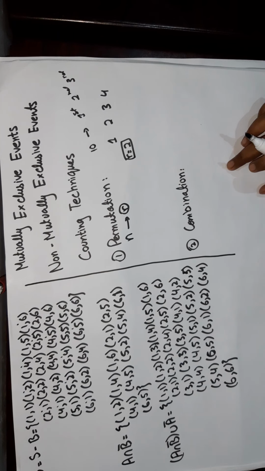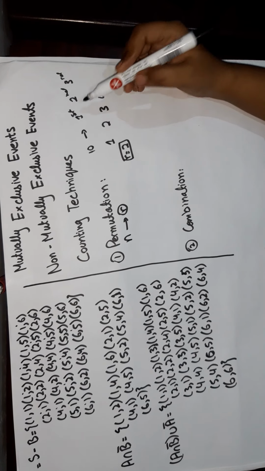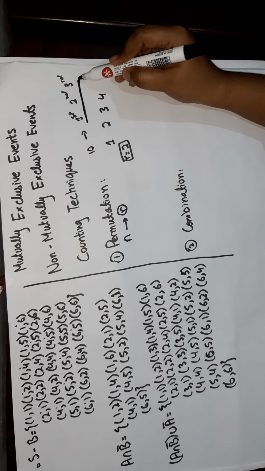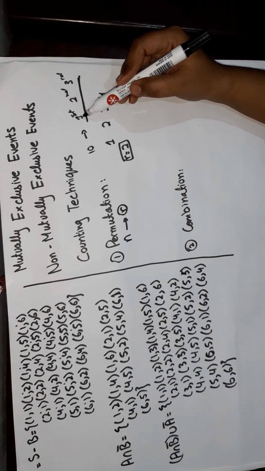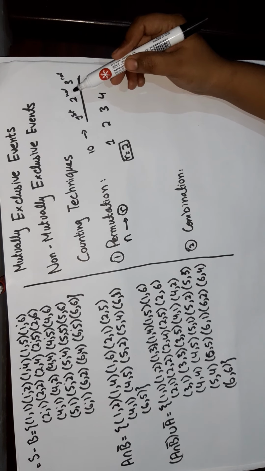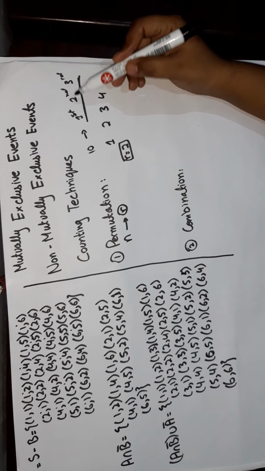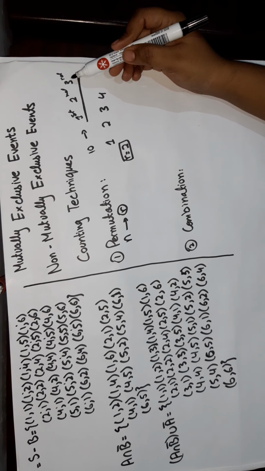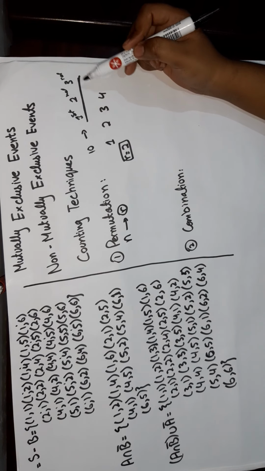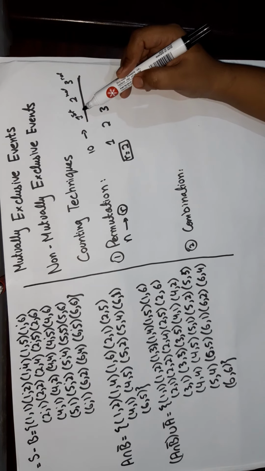Now in this example, position and order come in, because we know that the first position is different from the second position and the second position is different from the third position. They are not considered the same. So in